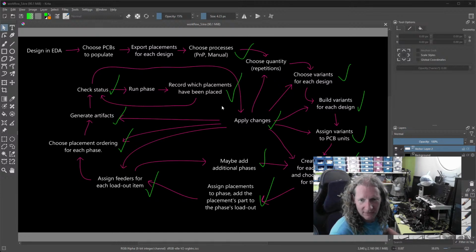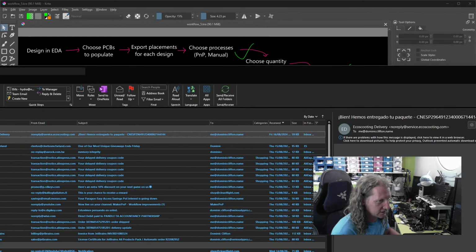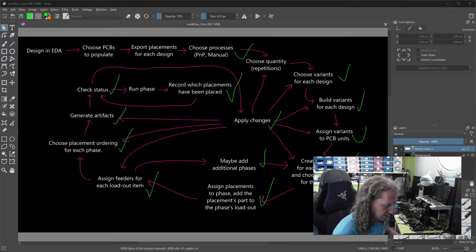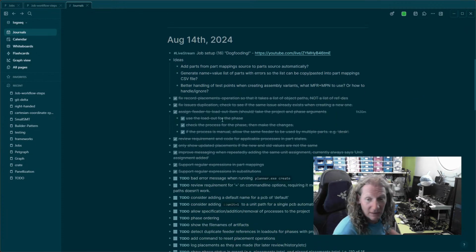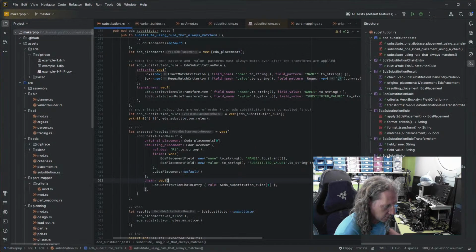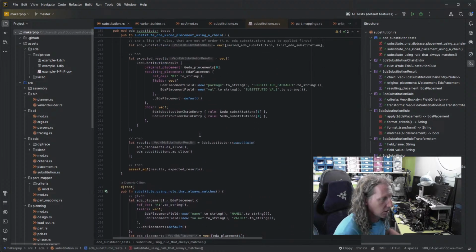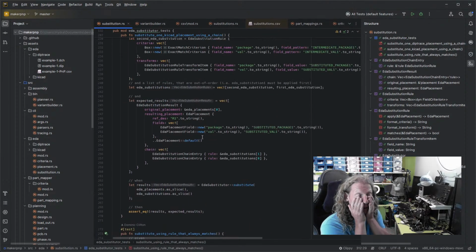So a couple of days ago we were going through the workflow and making sure it worked, and it did, and we came up with a list of improvements to do. This, here we go, the list of improvements. And we're basically just cracking on with this. So yesterday afternoon I managed to work on the regular expressions for the